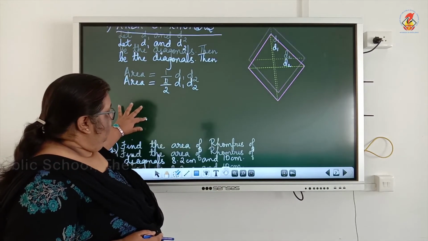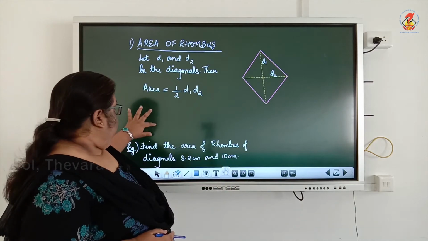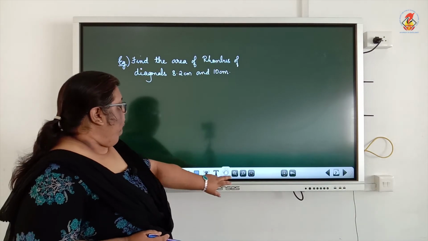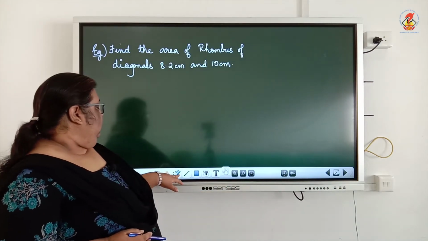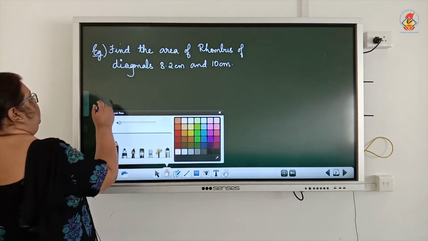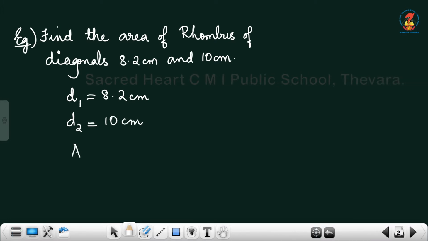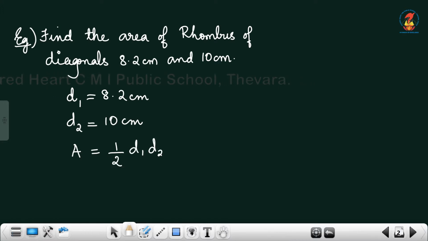We will do an example also. Find the area of the rhombus of diagonals 8.2 and 10 centimeter. So here the diagonals are given. So let's write first diagonal's measurement 8.2 centimeter. Then second diagonal's measurement 10 centimeter. Always write the formula, then only substitute the values. Area of a rhombus equals half D1 D2, which is equal to half into